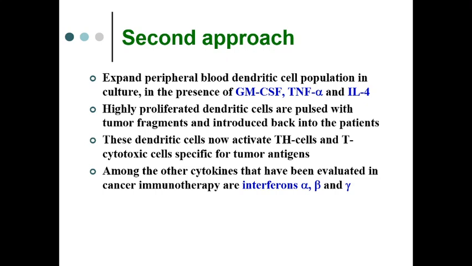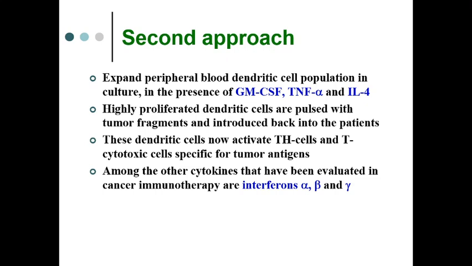The tumor fragments are nothing but minced pieces of tumor cells, and when they are pulsed with the minced pieces of tumor cells, the dendritic cells process these tumor cells and their antigens